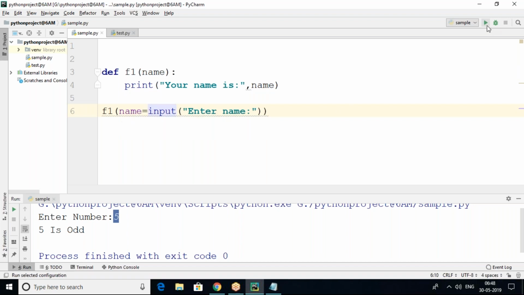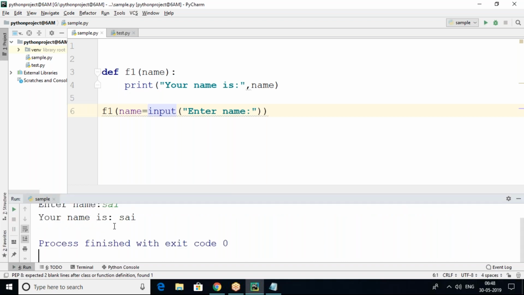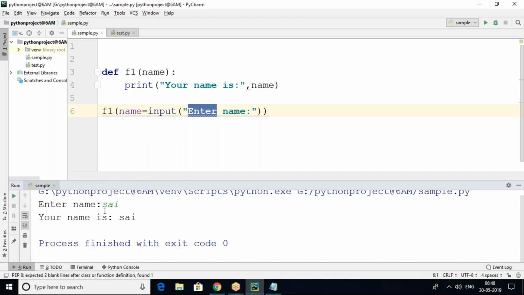No. You are going to give a string value and it's treated as a string value, no need to convert. But previously I'm asking for a number, no? When you enter a number, it will be treated as string, so you have to convert it into integer. That's why I gave int of input for that. Here the name is characters, and whatever characters we enter, the application treats them as string, so no need for casting. But in the case of accepting a number, you are going to enter a number.